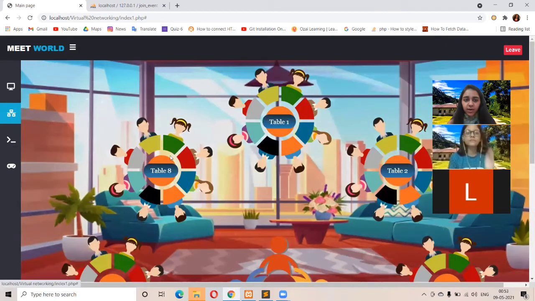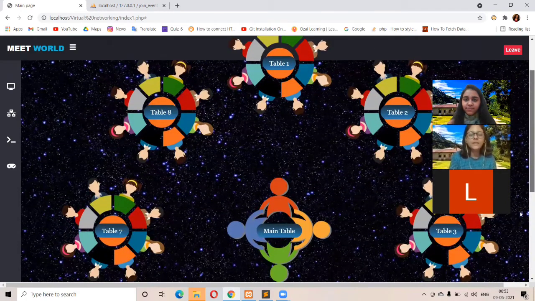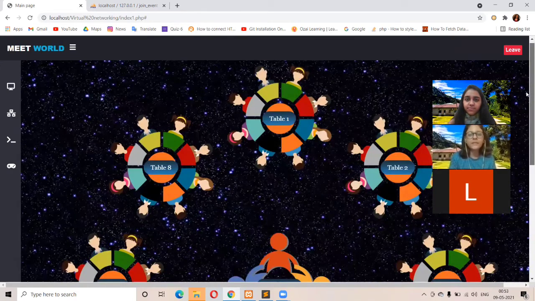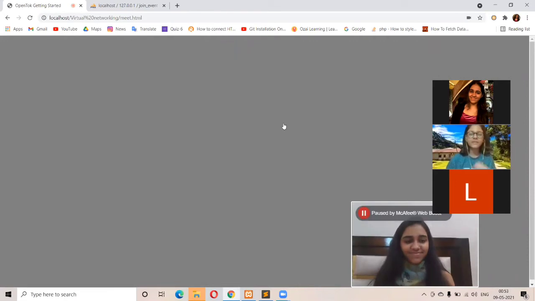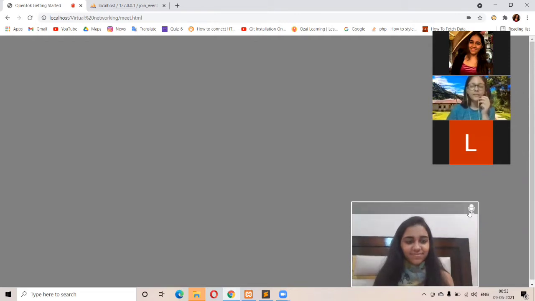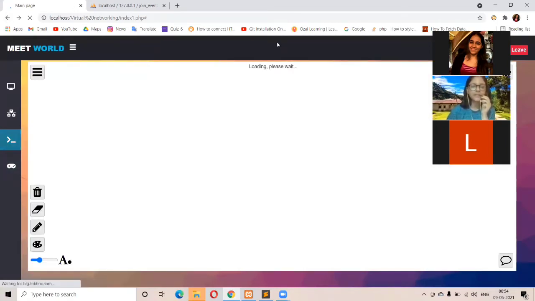Next is the networking area. So when we create an event, we have various teams. All the teams have their independent meet links. So what we have done is we have created tables for different teams. By clicking on the table, they will be directed to their own meet, and they can audio chat as well as video chat there, audio call as well as video call, and they can also connect it with the chat box of the launch area, dashboard area, and they can chat collectively as well.